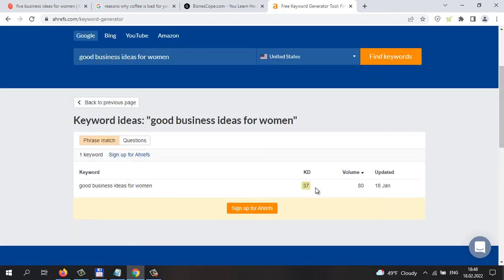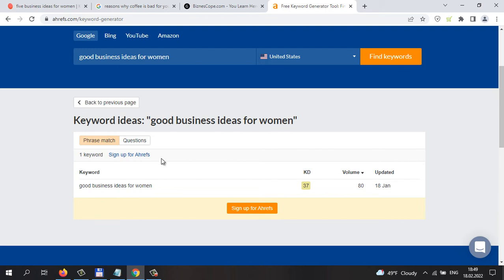Okay, keyword difficulty is 37, but I would recommend using maybe keyword difficulty 25, 28, 22. So try to experiment even with 18, maybe. It will be a very good low competition keyword. You can use this keyword when writing your article. So just try to use this keyword in your headline, and then you will see how much traffic you can start getting from Google.